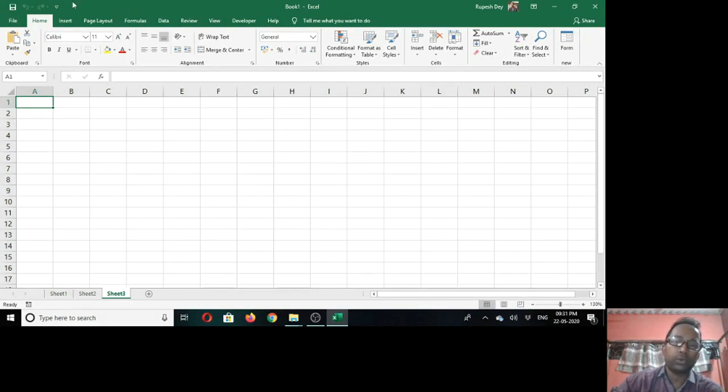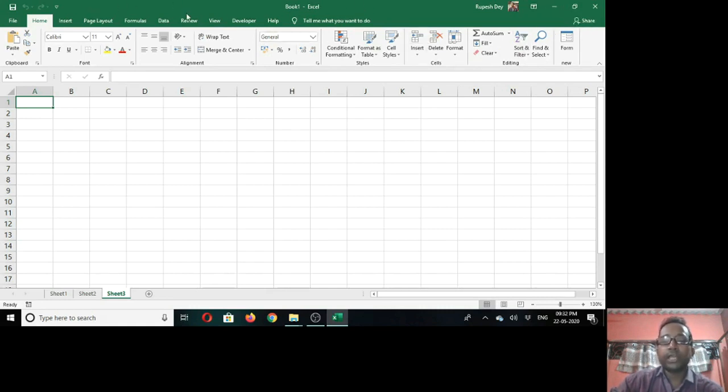At the left hand side of the title bar, you will find one small toolbar which is called the Quick Access Toolbar. It contains a number of buttons that are frequently used in the application to perform different tasks like save, undo, redo. You can add more buttons also based on your need. And at the right hand side of the title bar, you will find some buttons. This is the close button to close the application. This is the restore down or maximize button. This one is the minimize button to minimize the window in the taskbar. And this button is called ribbon display option, which helps us to hide or show the ribbon.